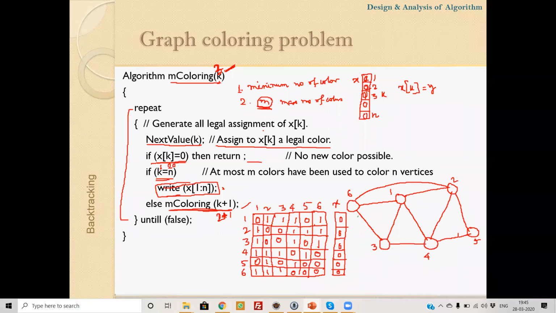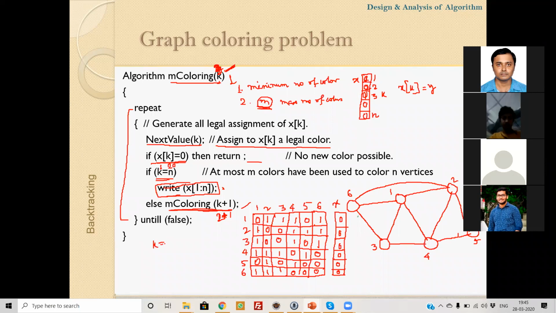Now using M coloring, we'll start with k equals 1. Say we are trying to apply 4 colors. We will check whether 4 colors are sufficient to color this graph. So this problem can be named the 4 coloring problem. So this is M coloring or 4 coloring.